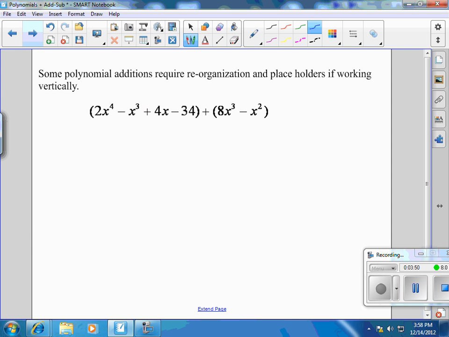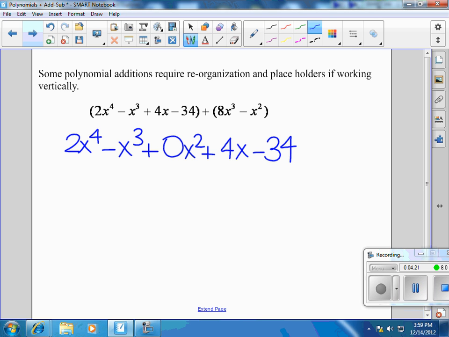The next one says, some polynomial additions require a reorganization and some placeholders if you're working vertically. So I'm going to do this one vertically just to show you that. So I'm going to start rewriting this. I have 2x to the 4th minus x cubed. And if you look, my next term is just regular plain old x. So I have no x squared, but I'm going to leave a place for him. So it'd be like plus 0x squared, because I don't have any. And then I have 4x, and then minus 34. And I want to add